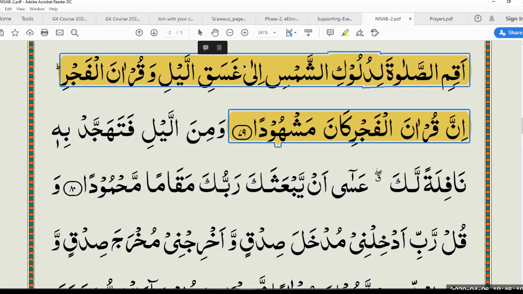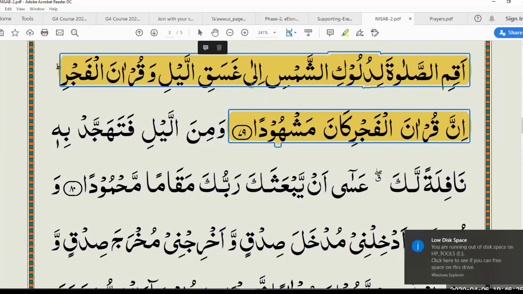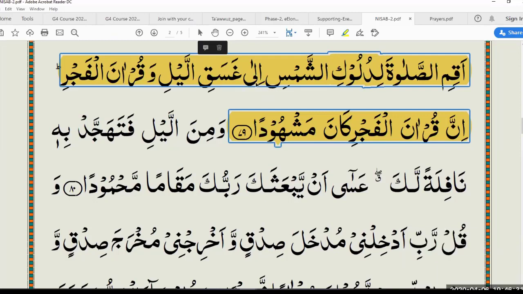Like if you're stopping at Ghassa, then when you start again with your new breath, make sure that you recite from the previous two words again. Then you go again like that.